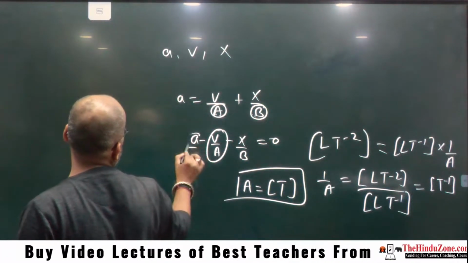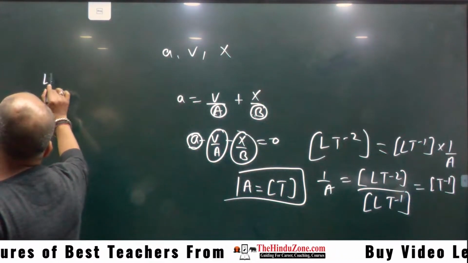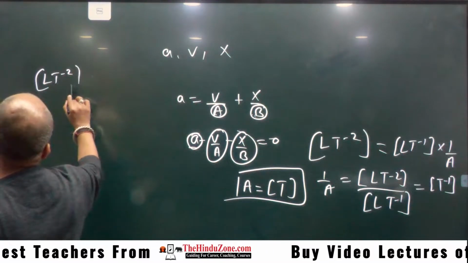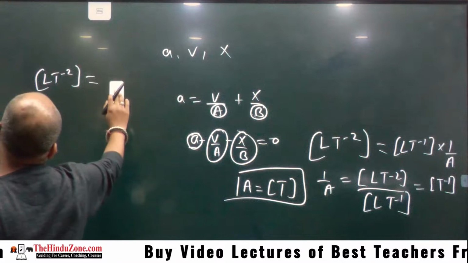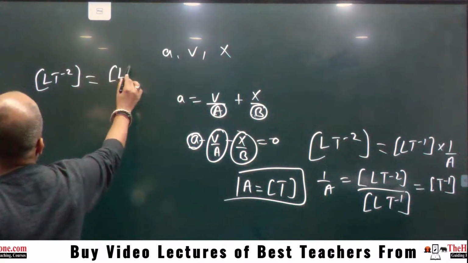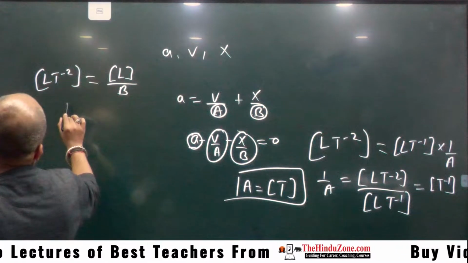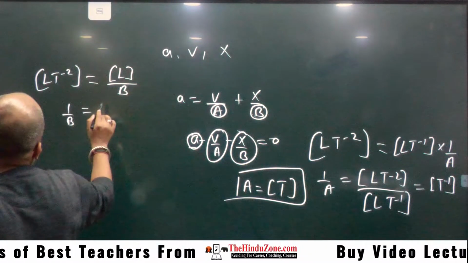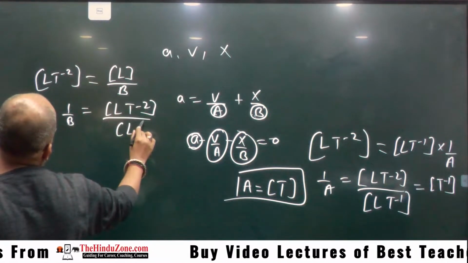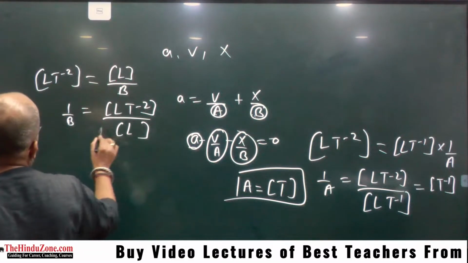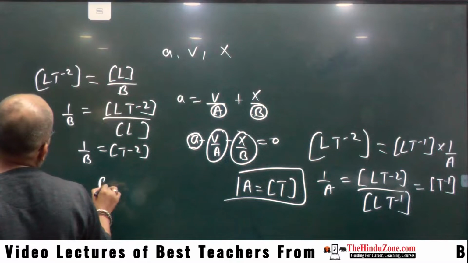For this, LT minus 2 is equal to X upon B. What is X? X is displacement, right? So 1 upon B is equal to LT minus 2 upon L. L gone. So 1 upon B is equal to T minus 2. So B is equal to